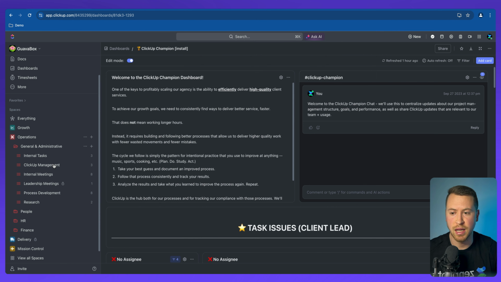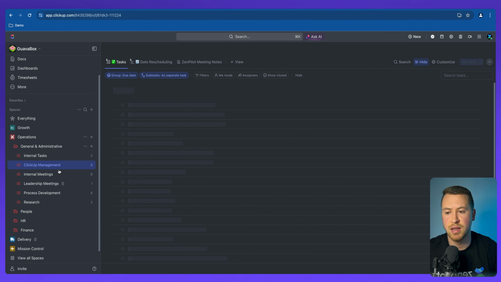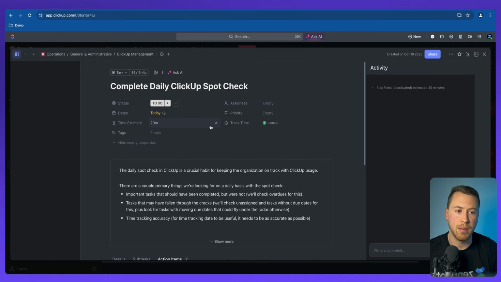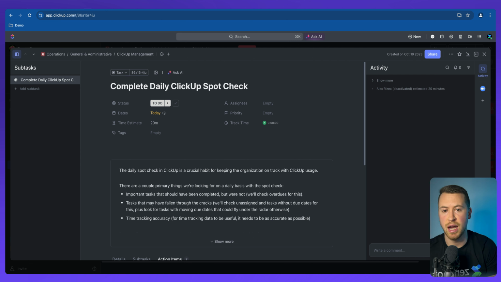So now after your ClickUp champion has gone through this dashboard and they feel good about it, they've audited the workspace, they've let anyone know, hey, we need to fix this issue, and they've adjusted those assignees, due dates, things like that to make sure nothing slips through the cracks. They can come back to their task, make sure obviously that they are tracking their time on this task, but they're able to go and come here. And what I would recommend is they leave all of their notes here in the comments section. So if there's anything they noticed or maybe any issues that arise from this, put those all here inside of comments,